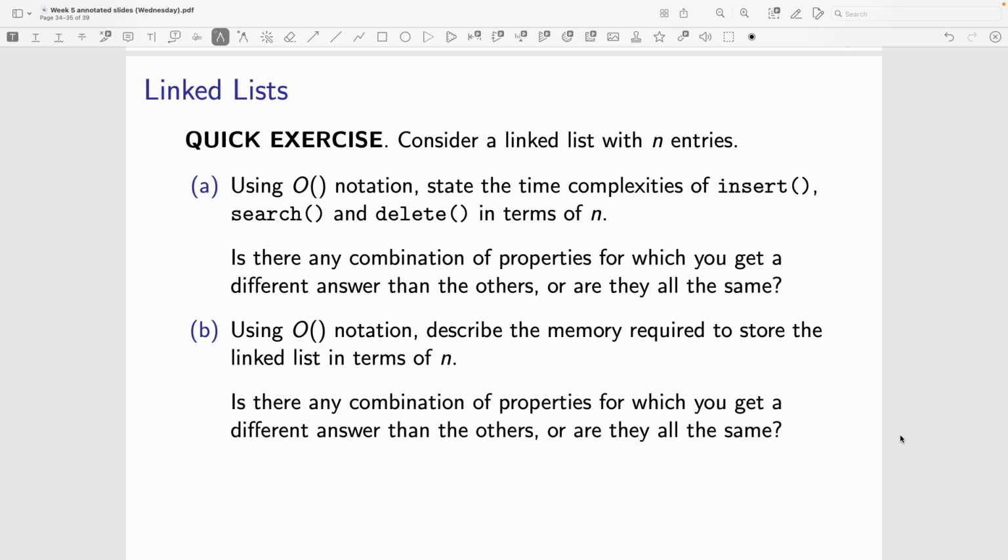And for the other question, it's to describe the memory required to store the linked list in terms of n. You should definitely think about these on your own, either while I'm talking or after class, although I will go over the solutions once I'm done talking about the questions. I think question B is another interesting example of a general concept, and it's that using asymptotic notation to measure resource use,